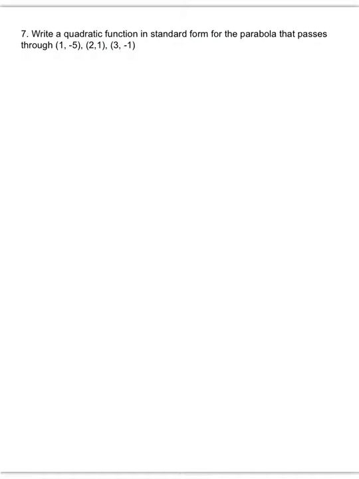Okay, the last one here, we are going to write the quadratic function in standard form for the parabola that passes through the 3 points. So we want standard form. That's y equals ax squared plus bx plus c. Okay, so when you're given 3 points and it asks to put it in standard form, you're going to set up a table and you're going to plug those points